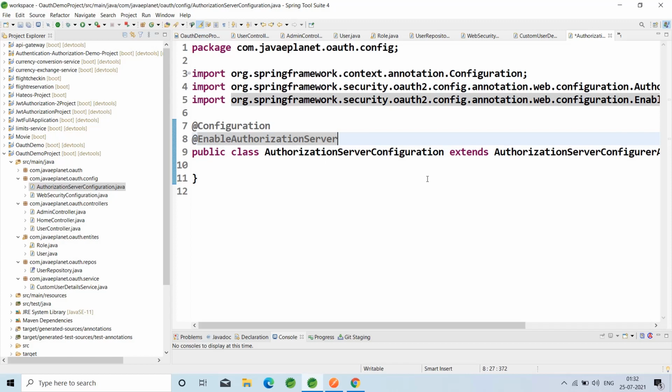After this, here we have created the authorization server configuration class. In this authorization server configuration class, we will configure the token store, authentication manager, and user detail service.